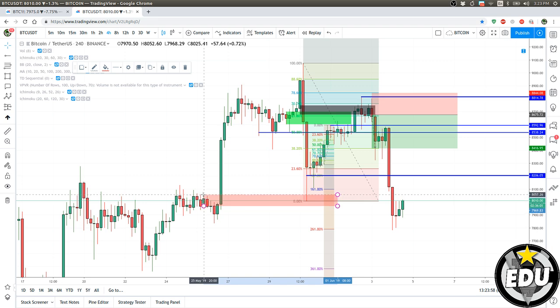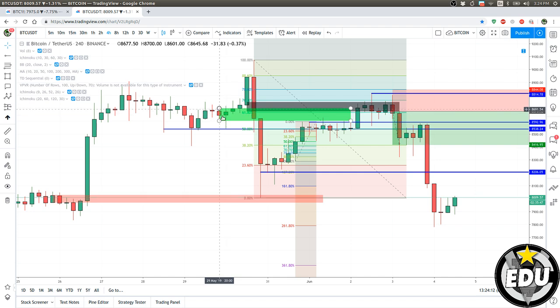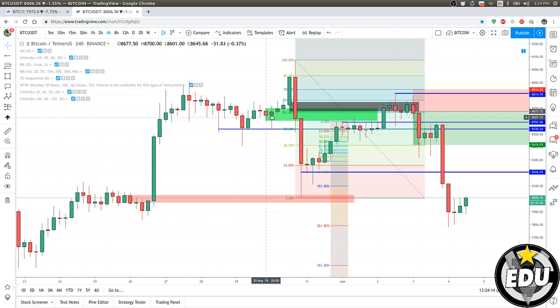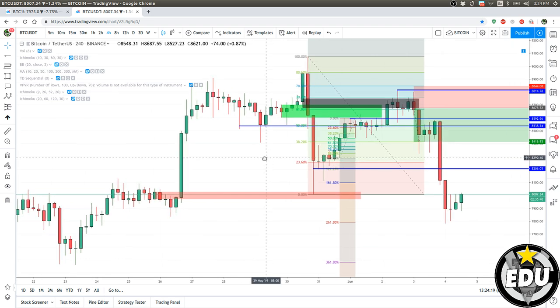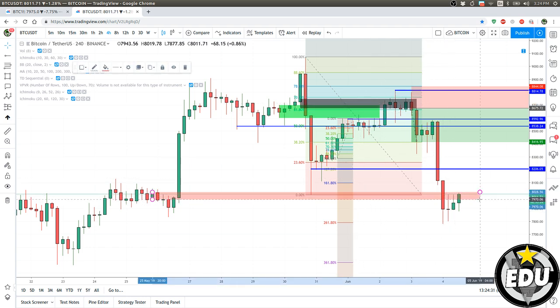Okay, so if you learn more about this breaker block, you could have attempted a short here, why here. This happened in the 15 minutes time frame. I don't want to show you now, but it happened. And then a long position from this breaker here. So as soon as you touch the breaker, it pumped, and then you short again, and actually price reached that breaker block.